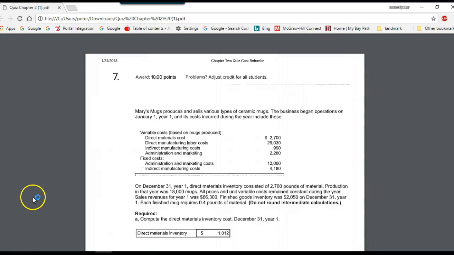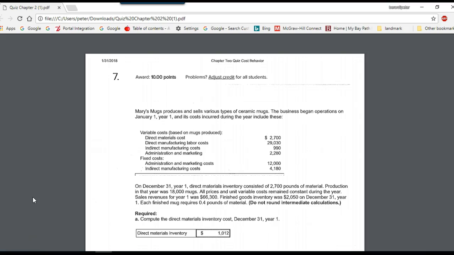Hi, it's Professor Barati. I wanted to go over the quiz problem that people seem to be having some difficulty with. Now, you're all on algorithmic questions, so your numbers might be different, but the approach will be the same for this problem. So this is the problem here of a mug producer whose business began operations on January 1st, and